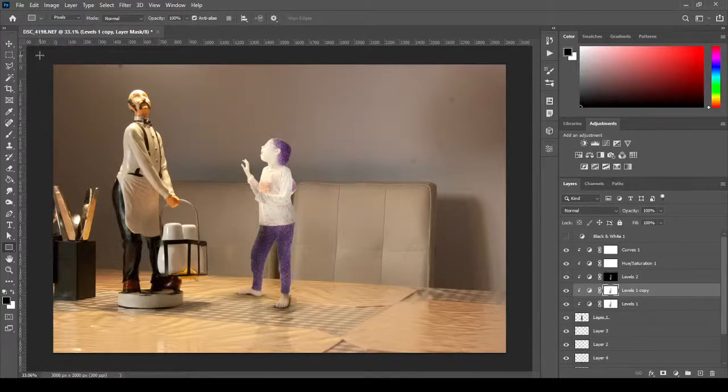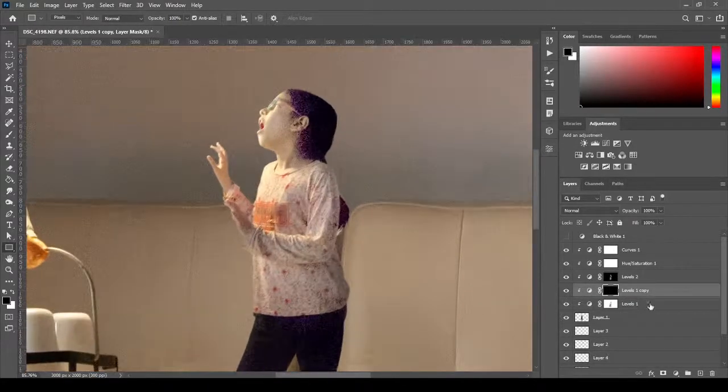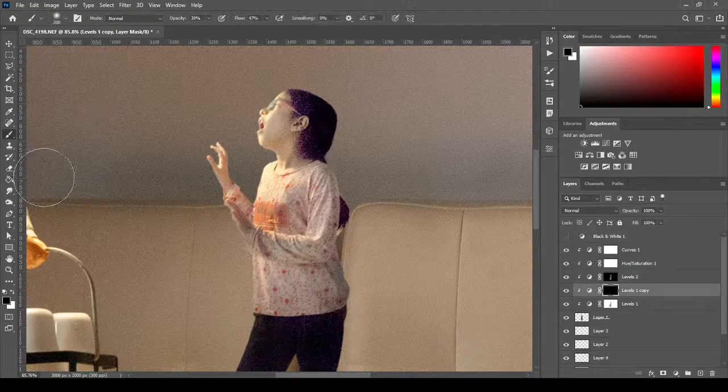Pixels, okay, and create a box over here. Okay, and then I will only paint over the brightest area with the white color. So I will take my white color here,